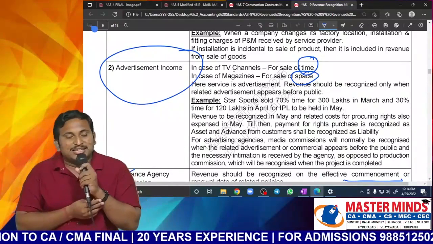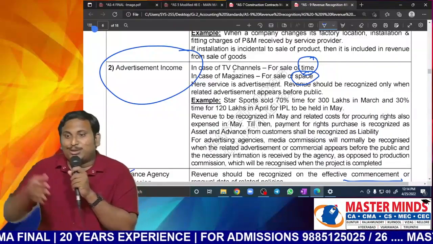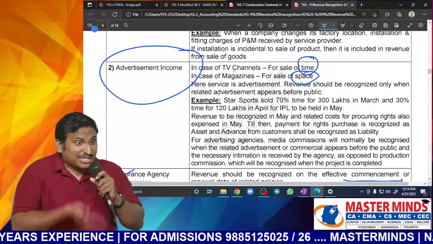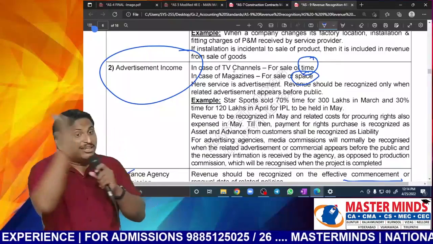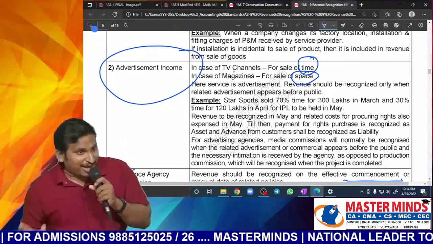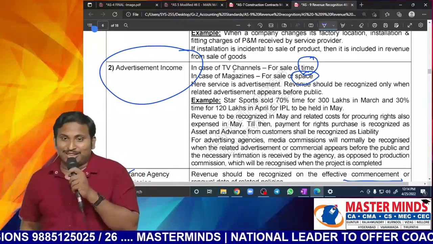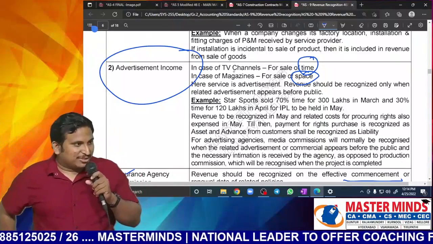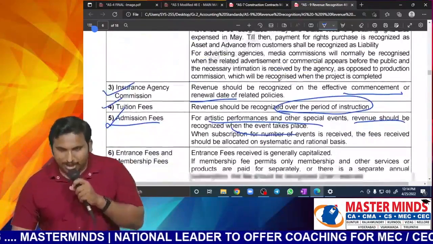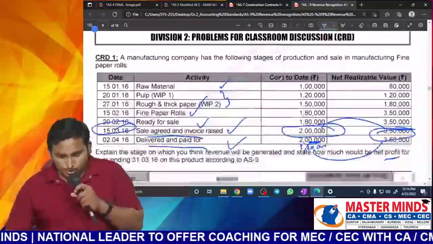Now the point is, last year, when half the matches were shifted from May to September, now half the advertisement revenue, for which advances might have already been given, when should that revenue be recognized? Is that half advertisement revenue also in May, or should it be recognized in September? September. Logic is very simple. Only when that advertisement is displayed before the public, revenue should be recognized. The same matters even for newspaper also.